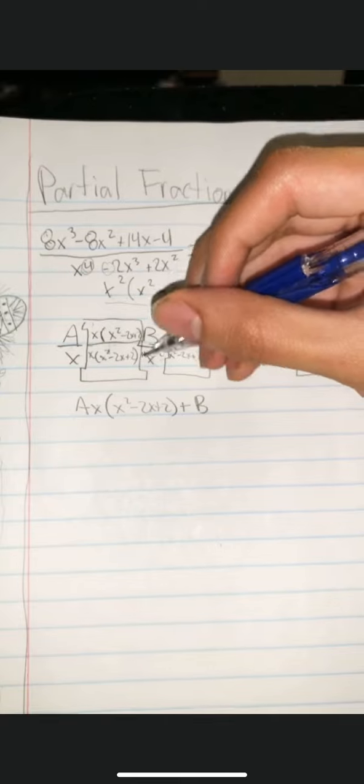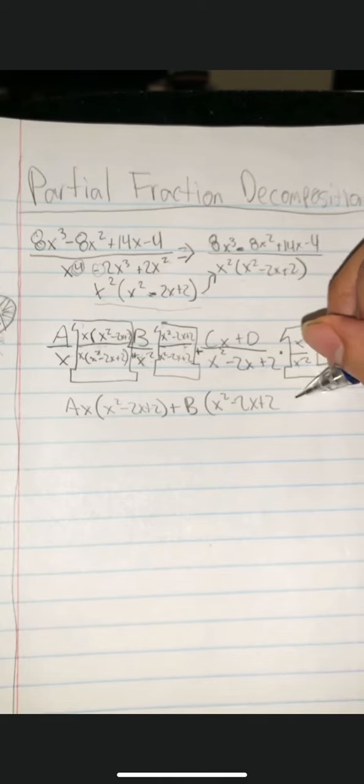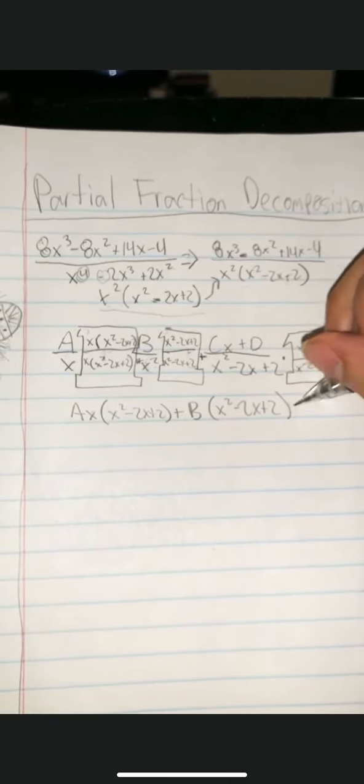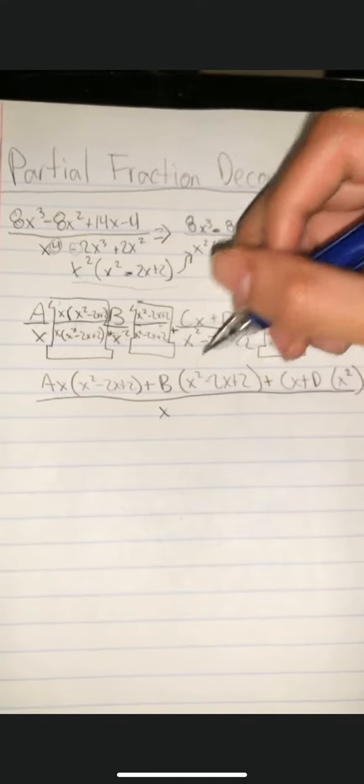And then it's the plus, and that's being hidden. So that's where this came from. It's being hidden up there. B, then multiplied by x squared minus 2x plus 2, and then plus the cx plus d times x squared. So we have this whole thing right here, and this whole massive numerator has a denominator, the common denominator of